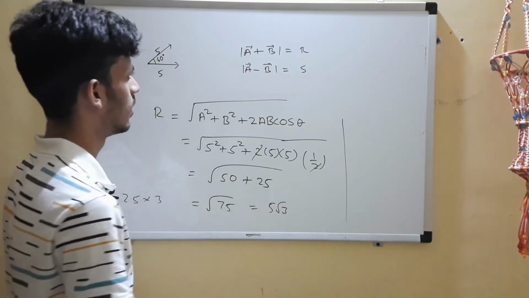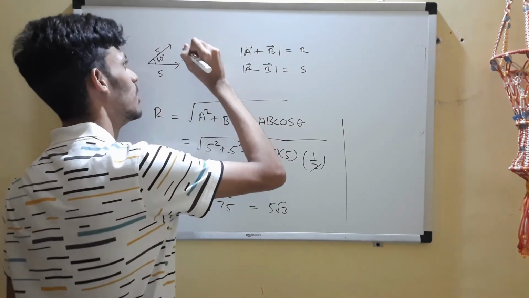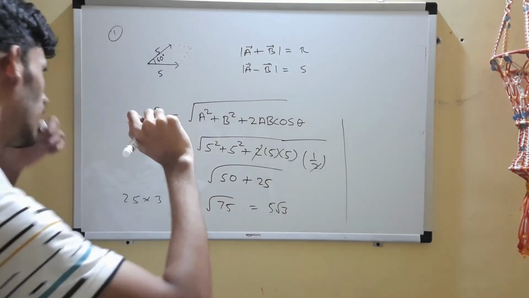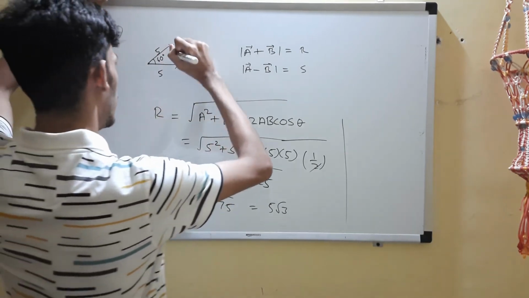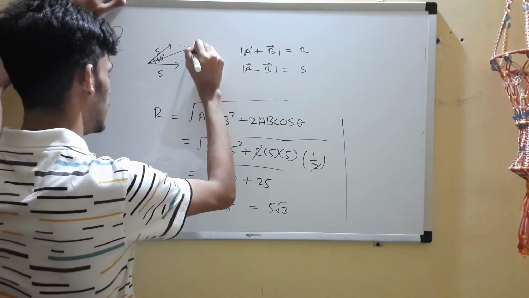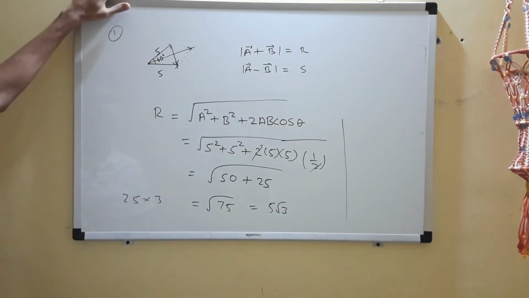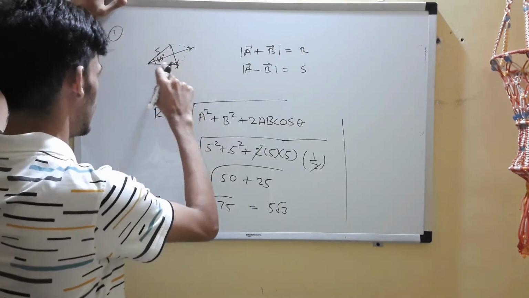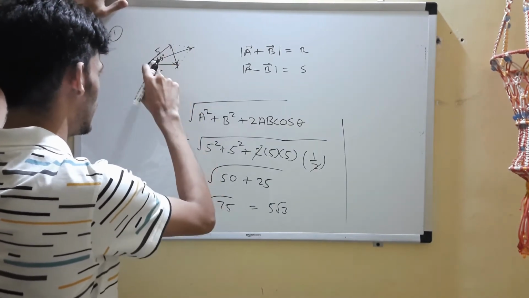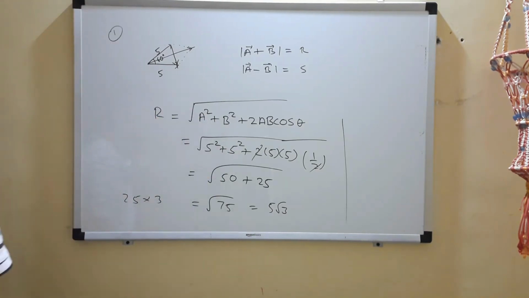Now let's go for s. Actually, if you see geometrically, I can decode s also. If you see, this diagonal is a plus b, no doubt. This diagonal is a minus b. I told you in the previous class. So if you can see, this is an equilateral triangle, 5, 5 and 60 degree. This will be 60, this will be 60 as well. So the answer should be 5.